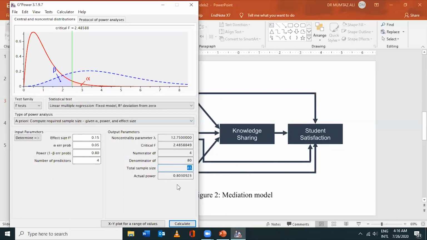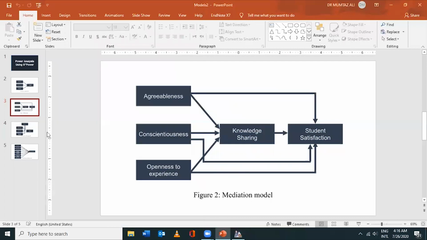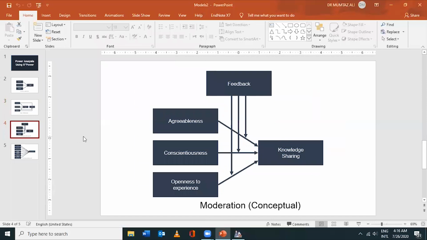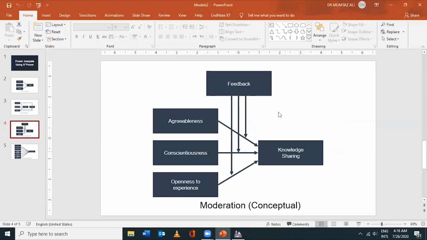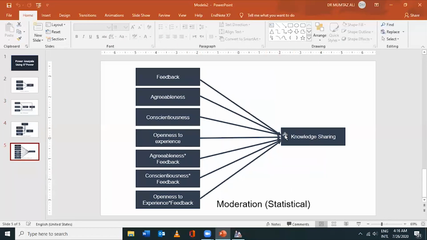All right, now we move to moderation. Again, we want to count the maximum arrows pointing to one variable, but remember, for moderation you cannot count using the conceptual model. You need a statistical model, because in the conceptual model you don't have the interaction terms for your moderation. In the statistical model you have the interaction terms.